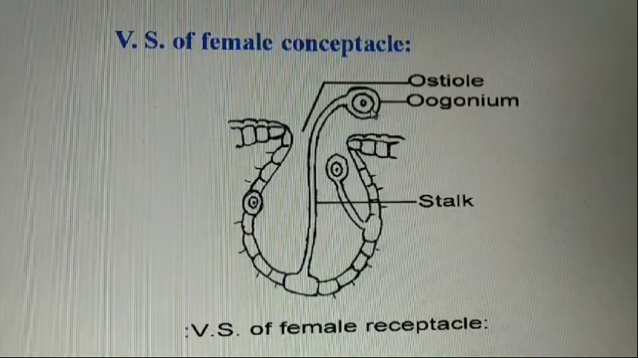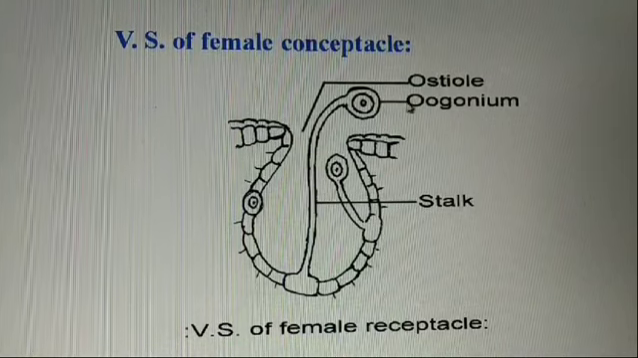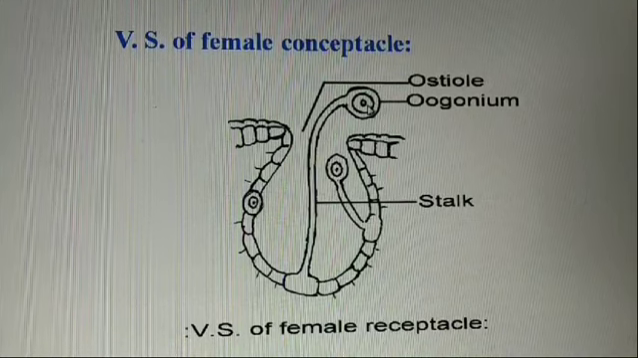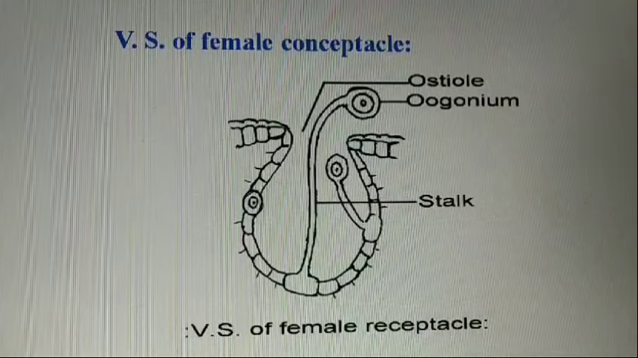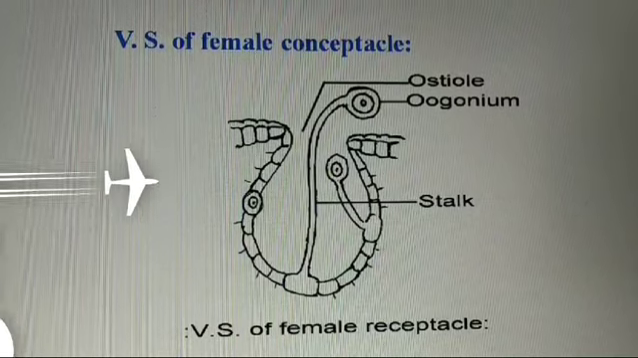In oogonium, it contains a single diploid nucleus. Its nucleus undergoes meiotic division and forms 8 haploid nuclei. Out of 8, 7 degenerate and only one becomes functional, known as egg or ovum. This is about the life cycle of Sargassum. If there are any questions, any problems,